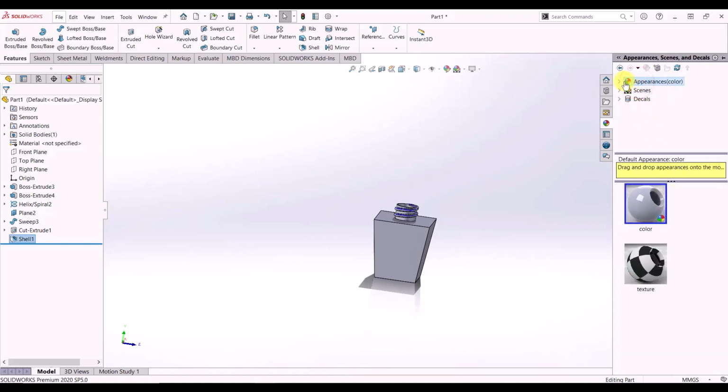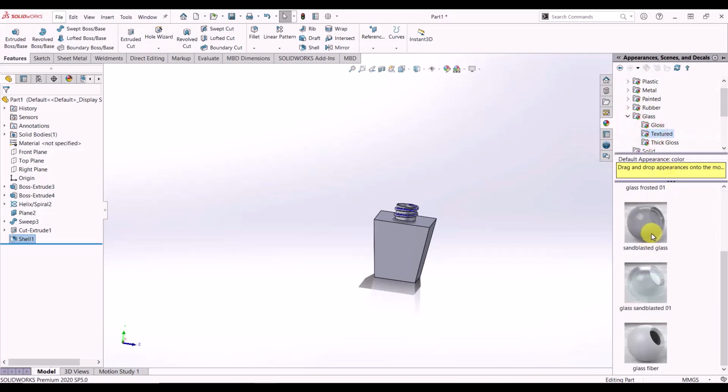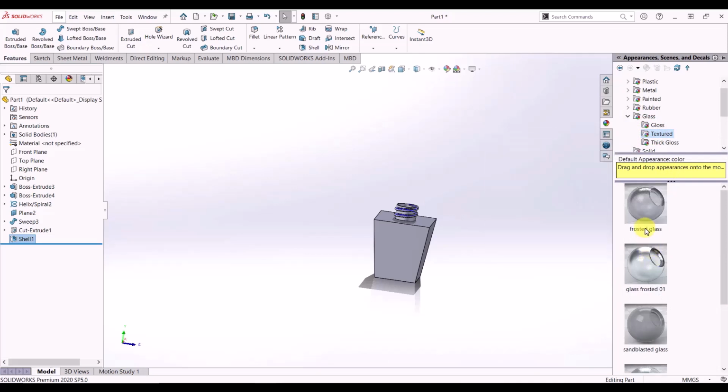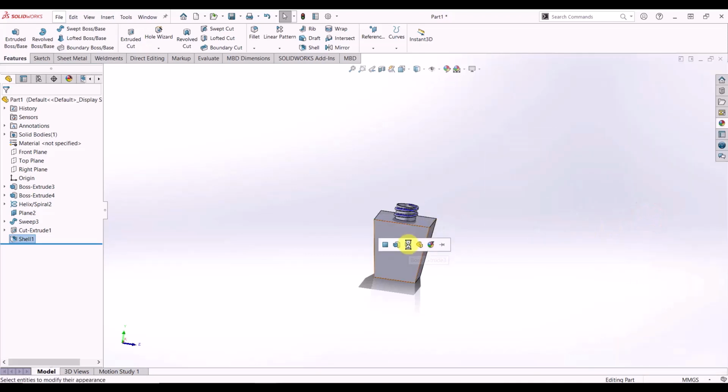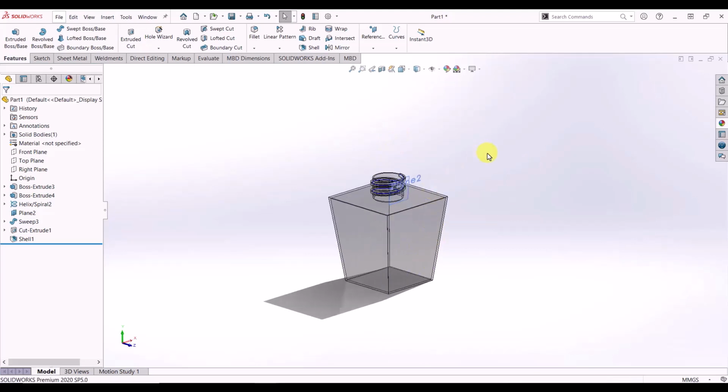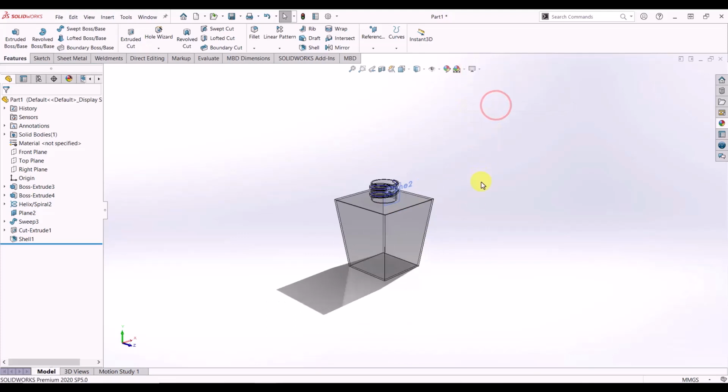We're going to give it a glass, textured and frosted glass, the entire part. And we're going to add a perspective,